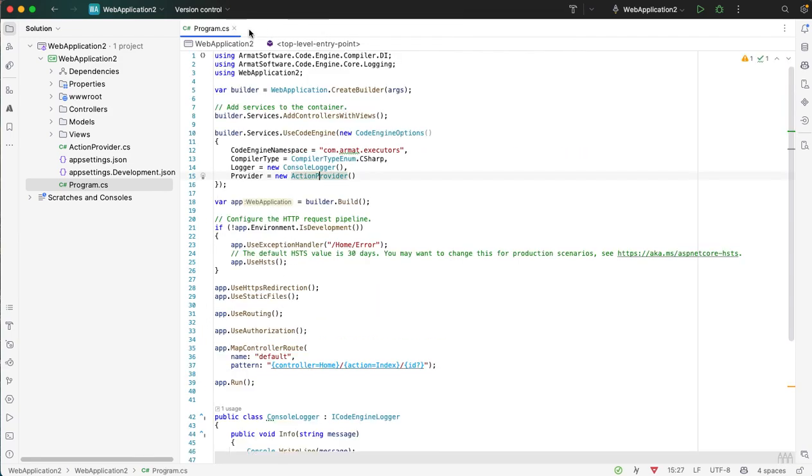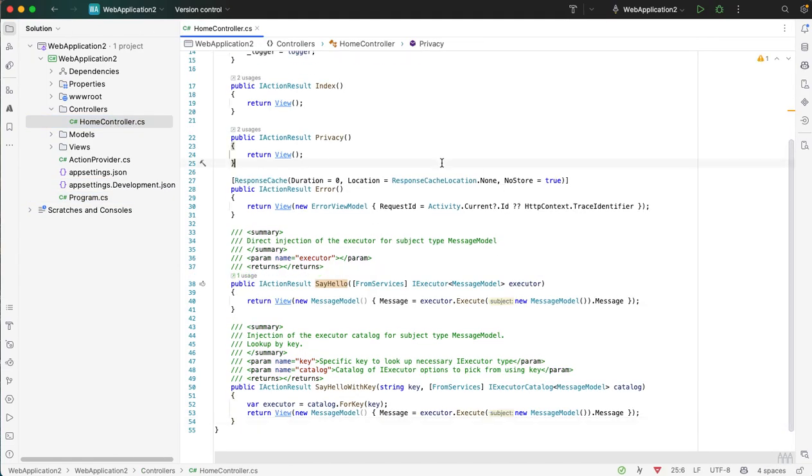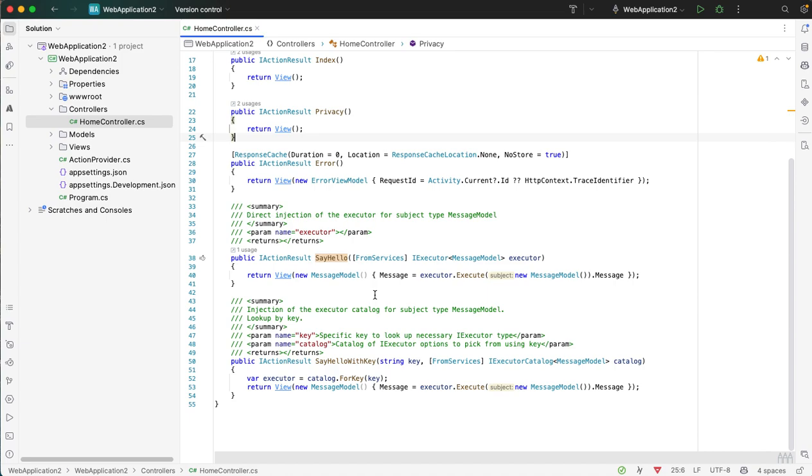Okay, so next, let's go to the only controller that I have at this point. We've essentially initialized code engine with some parameters. We have supplied its source for the actions based on the type and the key. Now we need to be able to use the result of that work. And how we use it is very simple. You simply inject iExecutor of message model, where the type has to match, or you can also inject an